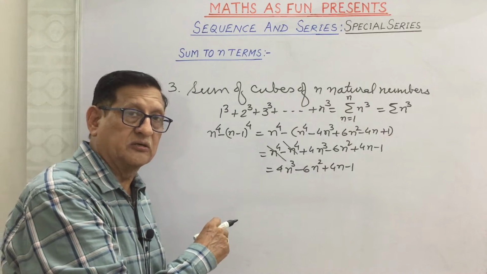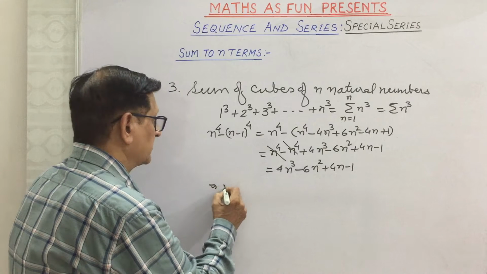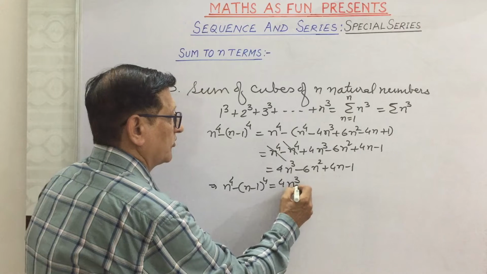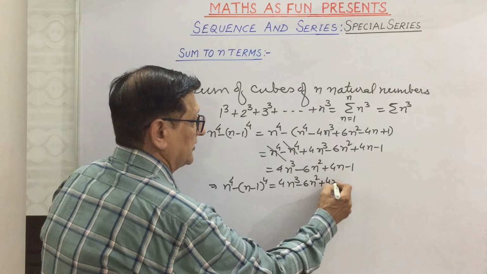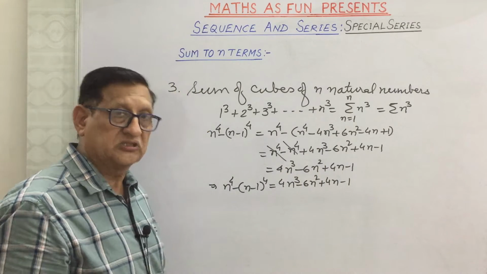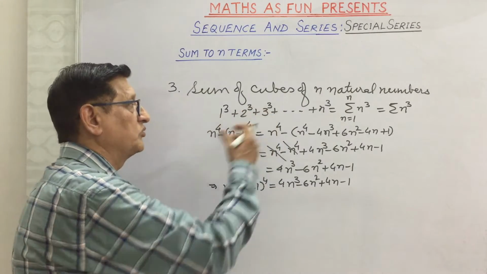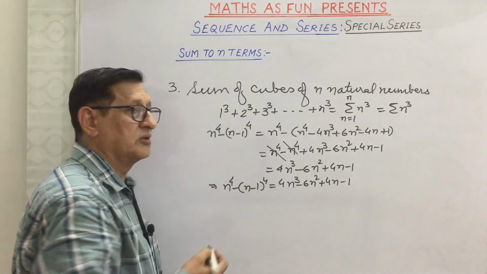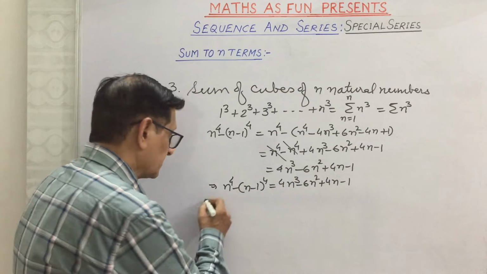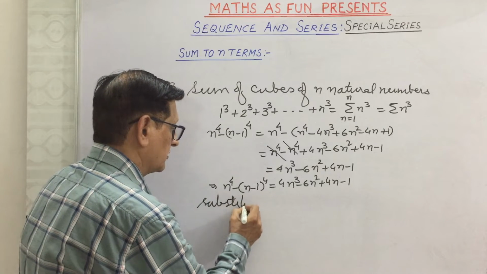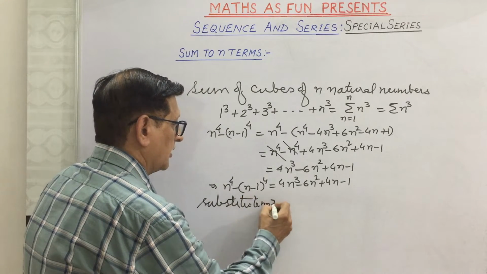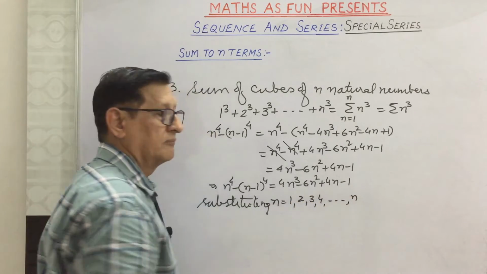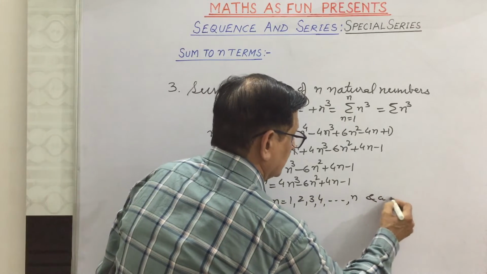Now as we have done there, we can write this relation: n power 4 minus n minus 1 power 4 equals 4n cube minus 6n square plus 4n minus 1. Similarly, as we have done in the previous one, that is the sum of squares, we can substitute here 1, 2, 3, 4 and all, substituting n is equal to 1, 2, 3, 4 and so on up to n, and adding column wise,